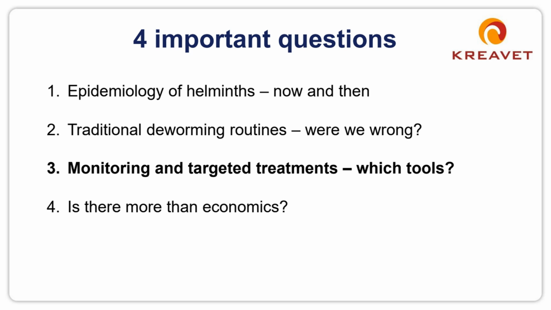So things are changing and things have become more variable than before. We have models, but models are there to understand more than to predict, because prediction will always remain very difficult, probably even with the AI that is going on now. So in the end, what we need is more monitoring, more diagnosis to know the situation and then to act upon the situation. So which tools do we have for this purpose?